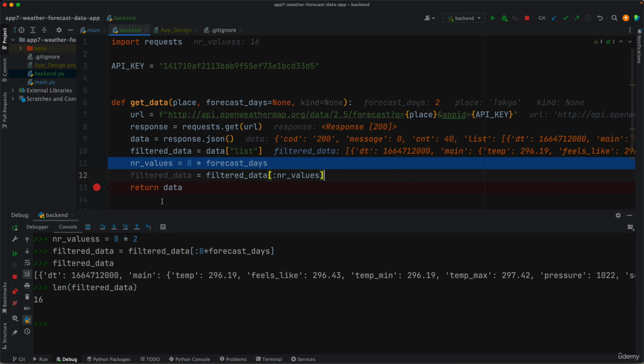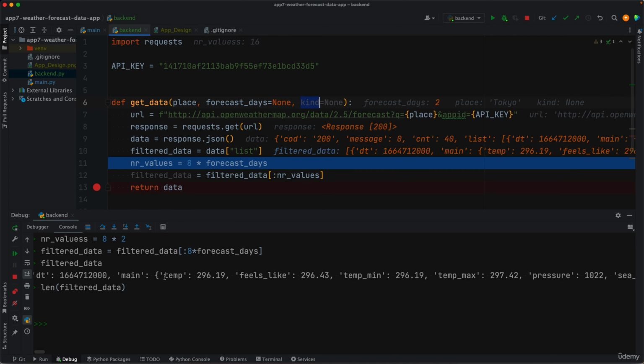Right, so we were able to filter the data by forecast days. Now let's try to filter the data by the kind, so either sky condition or temperature. We return either one or the other. So if we look at the data, we're going to see that